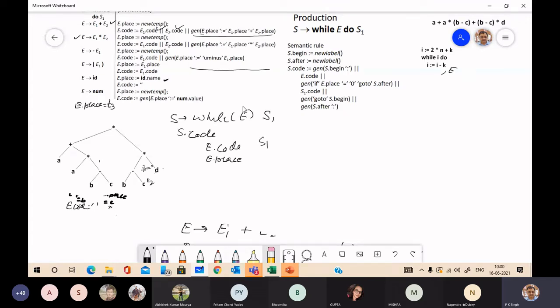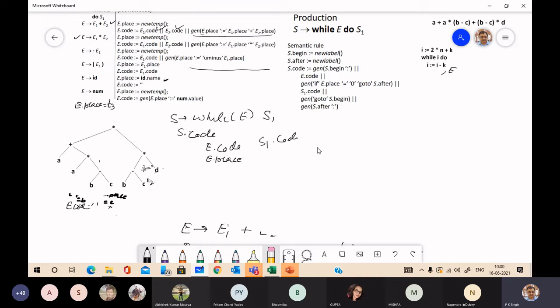Means the number of 3 address statements within the scope of the while loop is nothing but S1 code.